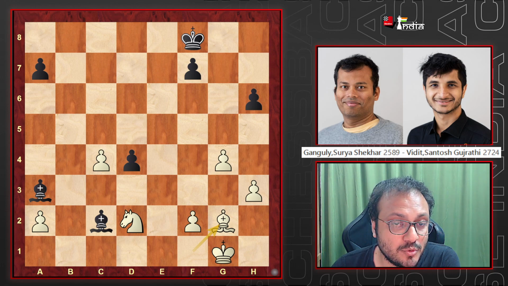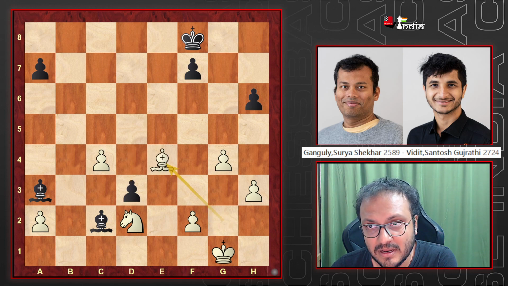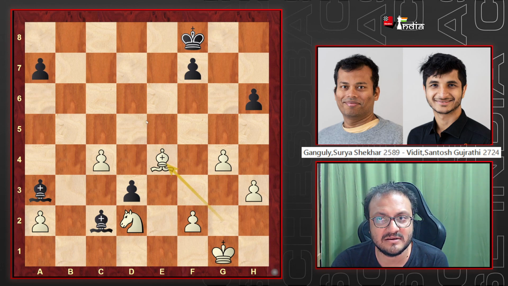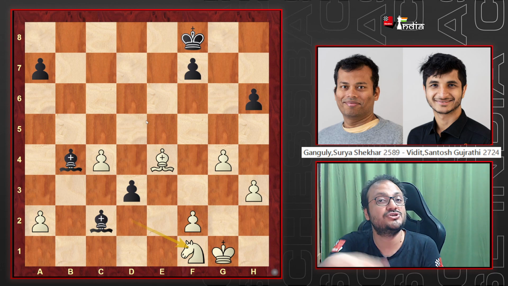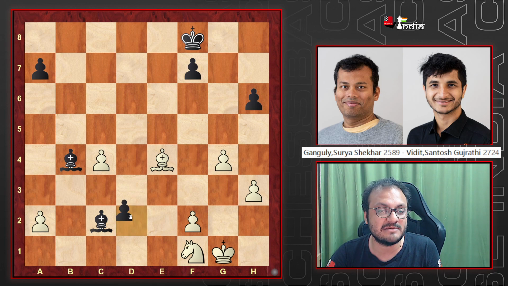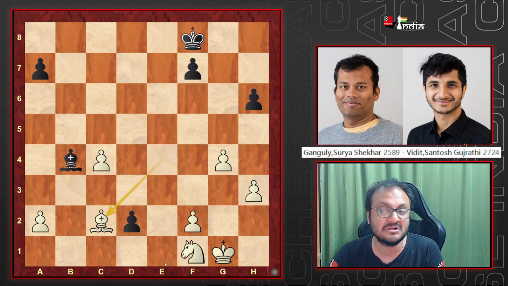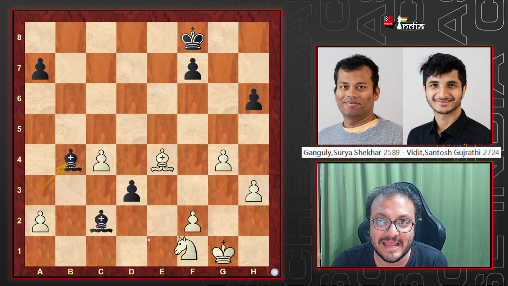He went bishop g2, and now with it pushed bishop e4, and now came the move pawn to a5. I think what Vidit did not like about bishop b4 is that after knight f1, he can anyway not push d2 so easily. This seems like the most natural move, but after bishop c2, the pawn is stopped. So bishop b4, anyway, after knight f1, you have to play a5.